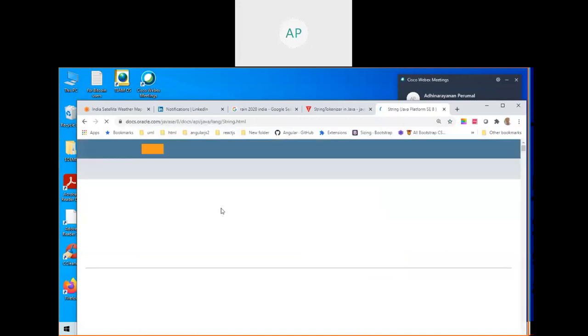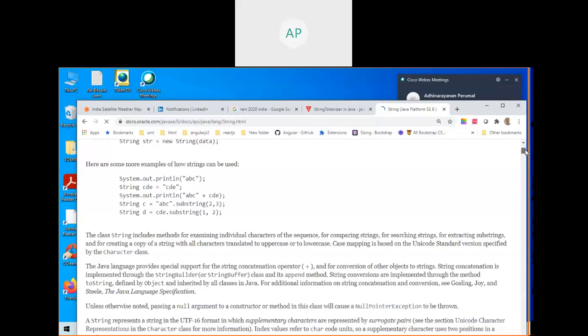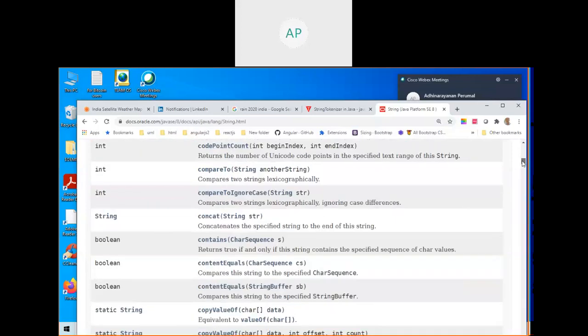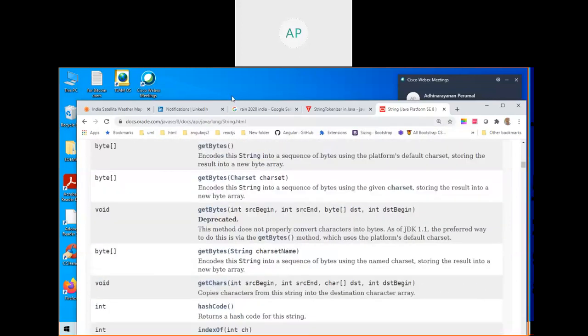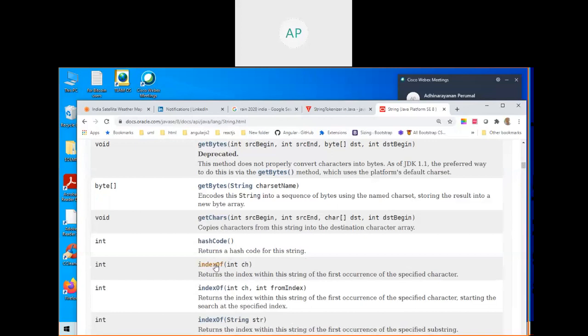It will show you the class and what are the methods available. So this is the Java documentation. This is the class, this is the constructor they created, and these are the methods available as part of the string class. See charAt, compareTo. There are n number of methods available. Commonly, we won't use all of these. Some methods we will use. Once you go and read Javatpoint or some other site, they will mention some common methods which we will be using. charAt is very important.